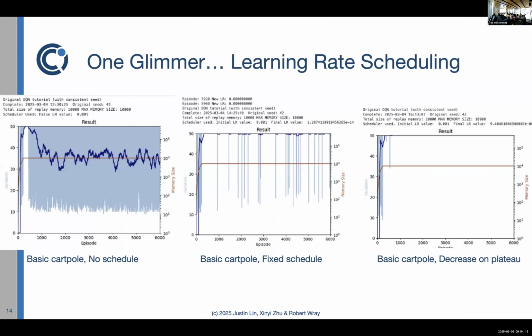Here's some work. This is just basic cart pole, the basic DQN. And one of the things that we see with basic DQN, this is now just 50 steps, but the same kind of pattern is happening here, where you learn something and then it kind of quickly falls off. And then we've explored this notion of learning rate scheduling, and especially looking at that diagram on the right, if basically we say stop learning once you reach a plateau,